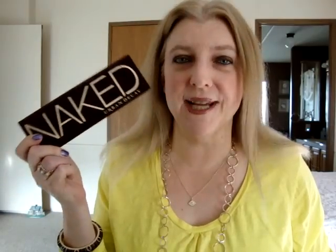Eyeshadows this month, definitely the Urban Decay Naked Palette, and also all my MAC eyeshadows. Ever since I depotted my MAC eyeshadows, I definitely grab for them much more often than I did before, almost consistently. Having them in the palettes makes it so much easier because you can just grab any random palette, open it up, look at what's there, and then,